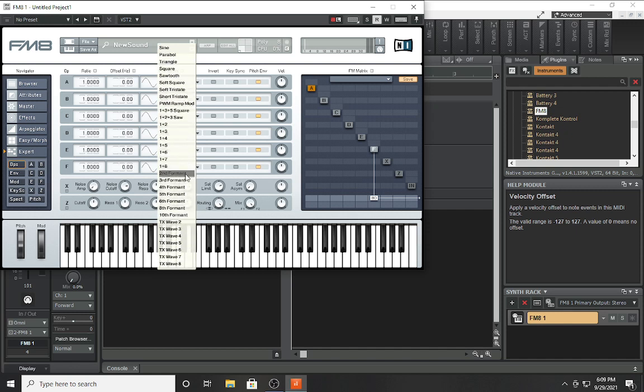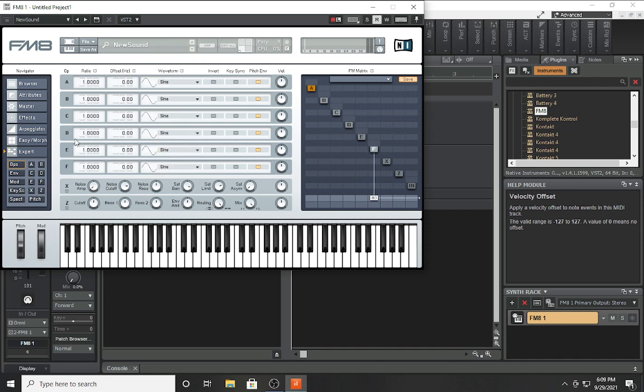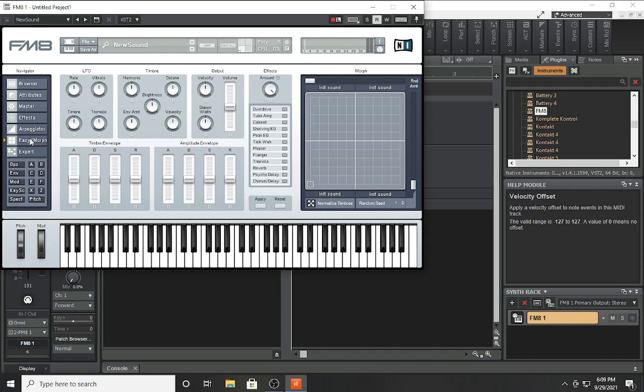You don't have the formants in Arturia's version, but they have additive waveforms that they use. You have different filters that you use. You also have what they call the easy morph, which is basically a way to,